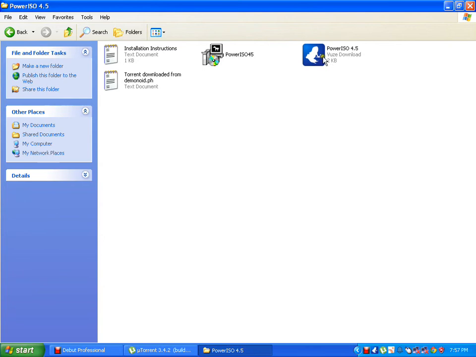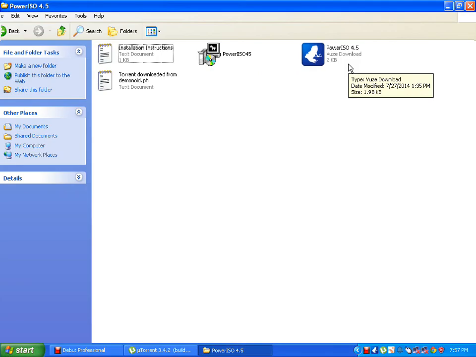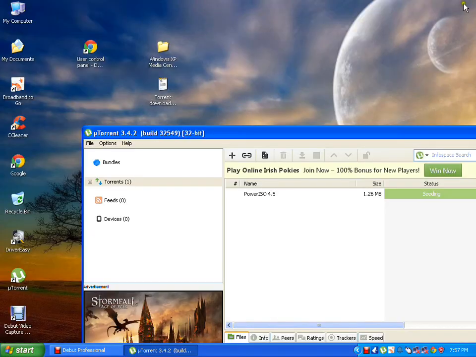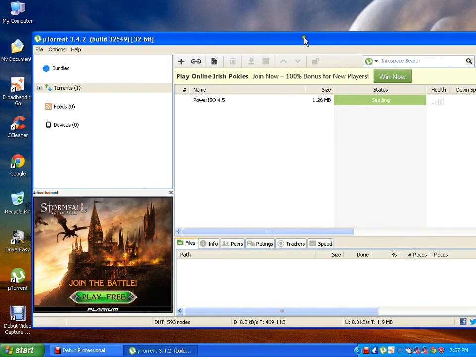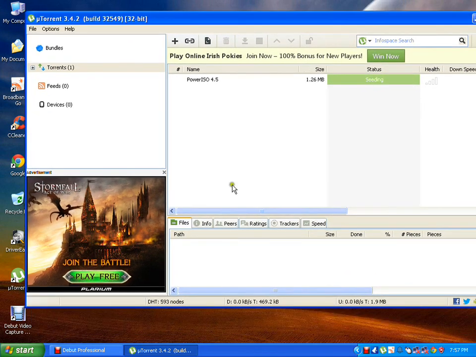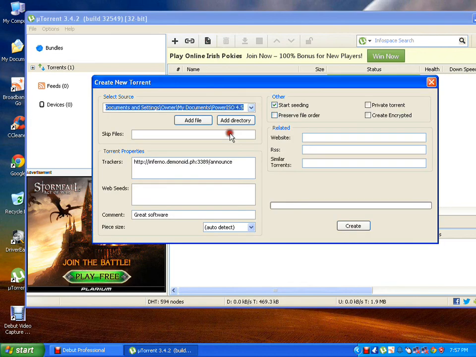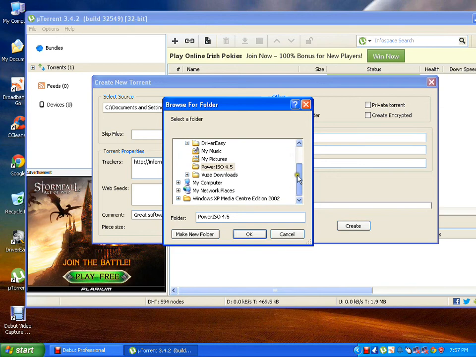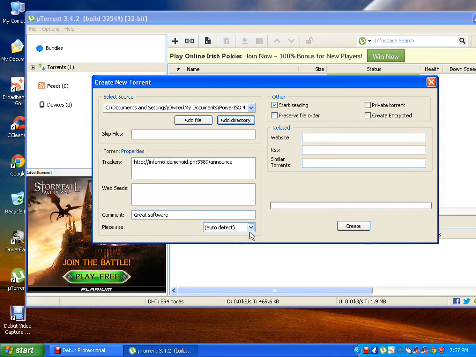So how do we get it like that, where it says who's download? You need that. In order to get that, you have to use this. You click on this, and you go to the directory I was using, wherever that directory was. That was in my documents somewhere, and it was called Power ISO. You click on it, and when you click on it, it gives you